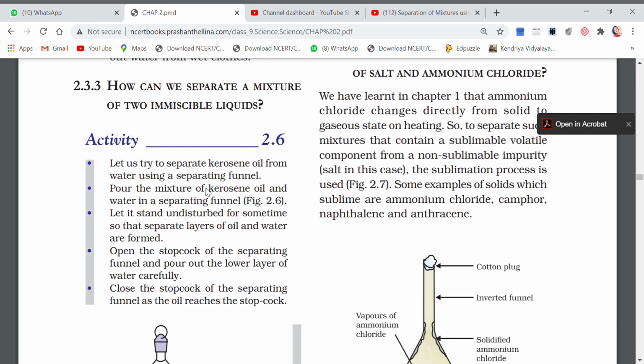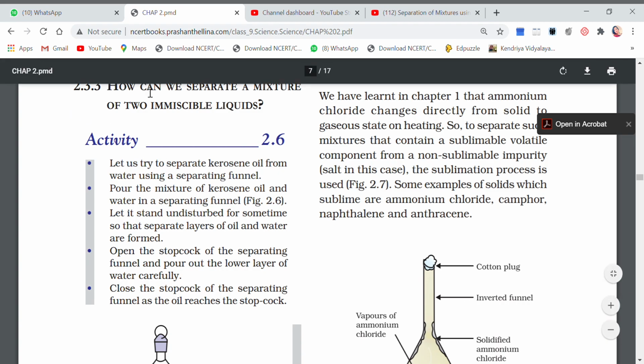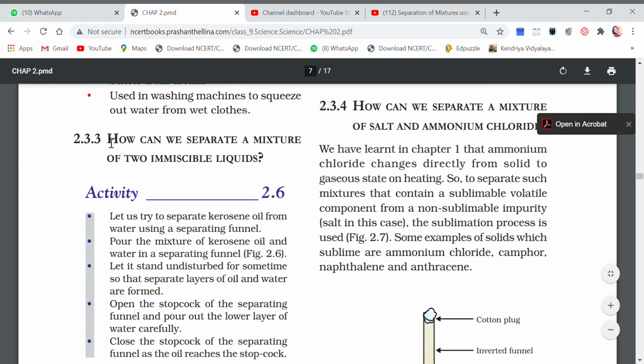So children, you have already watched the video on how a separating funnel works: how can we separate mixtures of oil and water? Now let's do the same part from your NCERT book. This is your NCERT, and you see there is a question here: how can we separate a mixture of